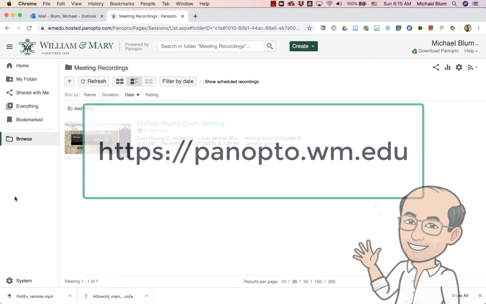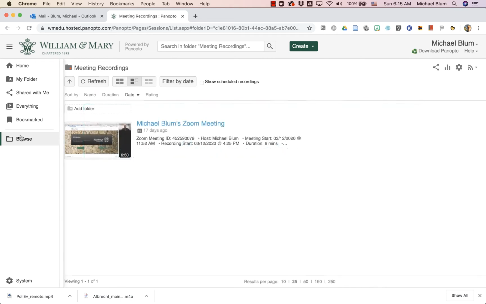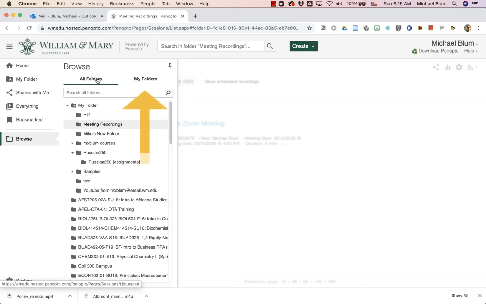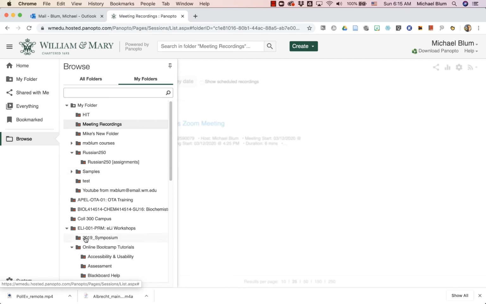So the first thing that you want to do is go to panopto.wm.edu and browse. You'll click on Browse here on the left-hand side, and you'll see All Folders up top and you'll see My Folders. Sometimes it's easier to click on My Folders. If you know the name of the folder, you can search for it, and the folder is probably going to be the name of your course. So if you can locate that folder